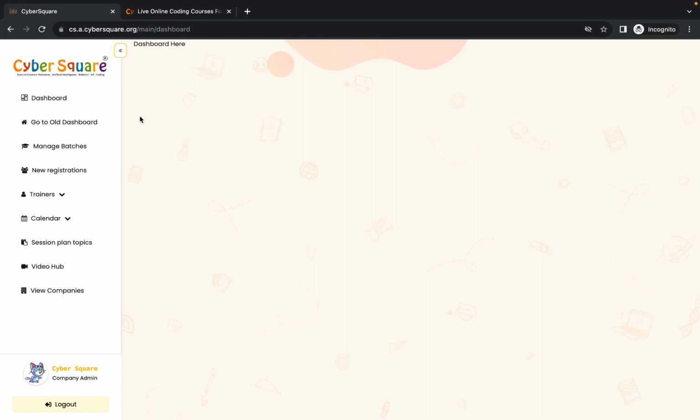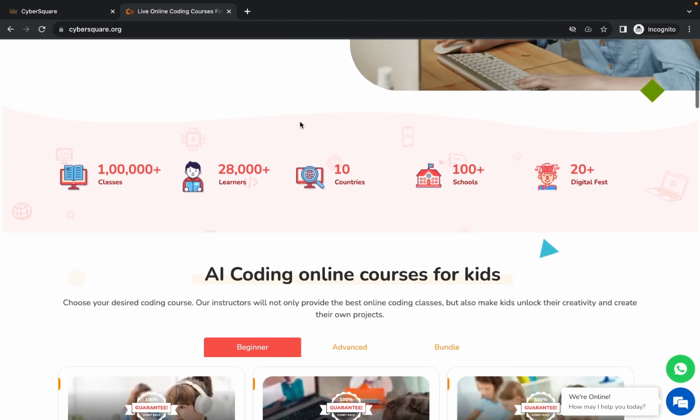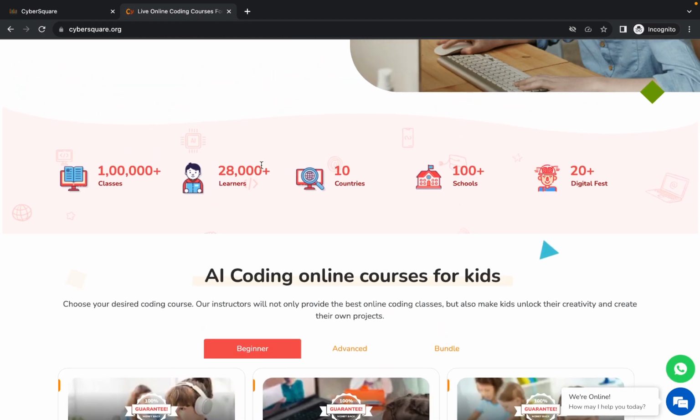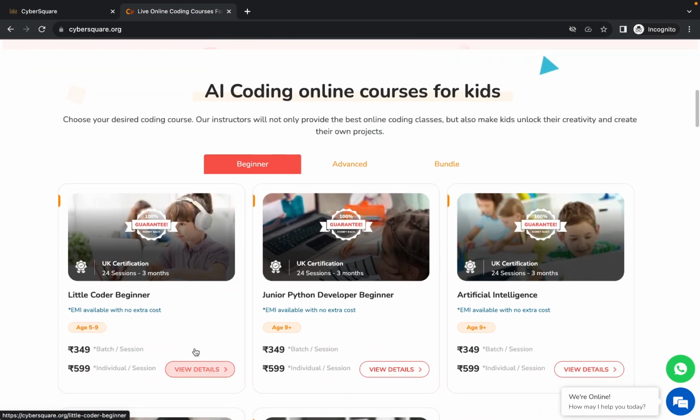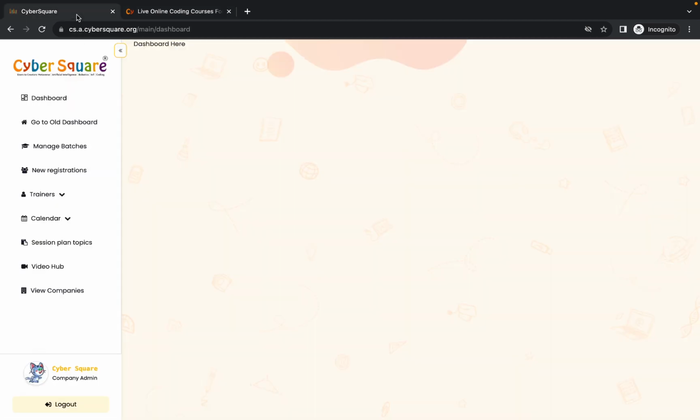So first I have logged in to an admin account here. We are using the URL cs.a.cybersquare.org and we can see menus here. If a parent or a student registers to the website cs.cybersquare.org and enrolls in a course by payment, and when we go to the new registration menu here,